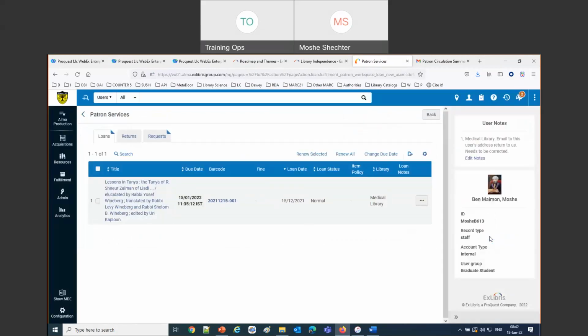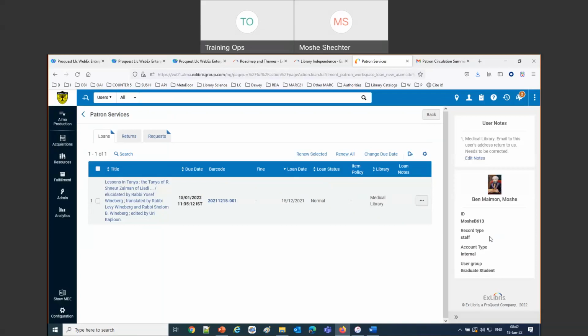A moment ago when Alicia was logged in, she saw the loan for the medical library and the law library. Jethro Bodine, this is the new development. Because his definitions are only for the medical library, he only sees the medical library.